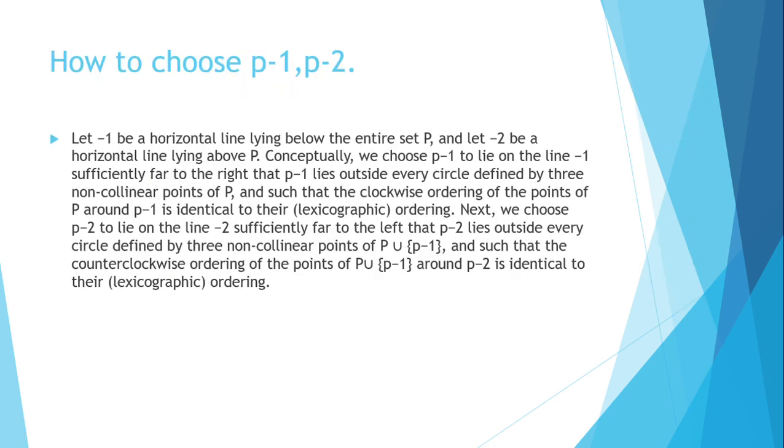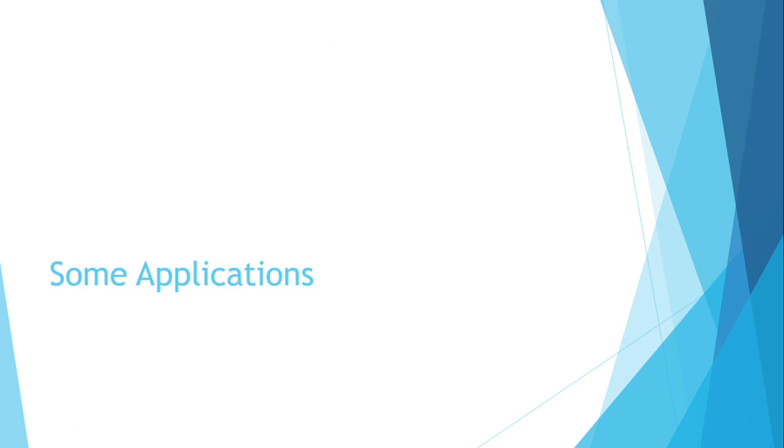Now the next thing, it's a simple thing, is how to choose p1 and p2. You cannot choose p1 and p2 randomly. They should be chosen such that they do not affect the Delaunay triangulation of the original points. So we are choosing p1 and p2 such that they are sufficiently far from the points. So this is all about Delaunay triangulation. Some applications are